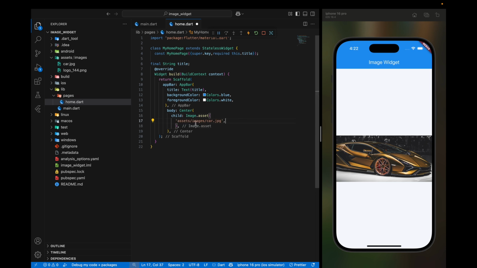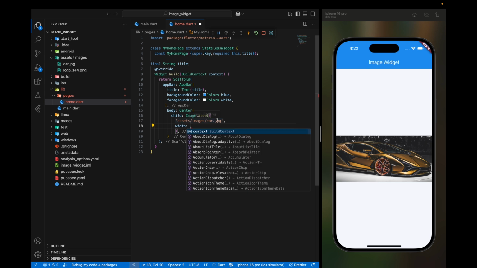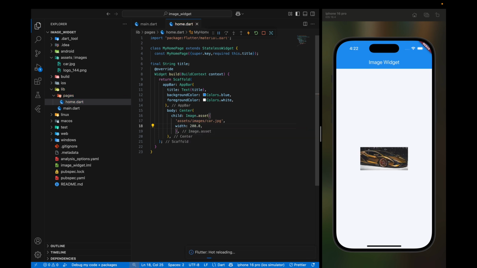Give a comma. Always give a comma after a widget or after a property, even though you're not using another widget as following. Now let's provide the width. As you can see, the width takes a double as an argument. So let's say 200 pixels in width, and then let's use for the height also 200 pixels. Save everything. You don't see the change in the height, but once you start using the fit property, this will